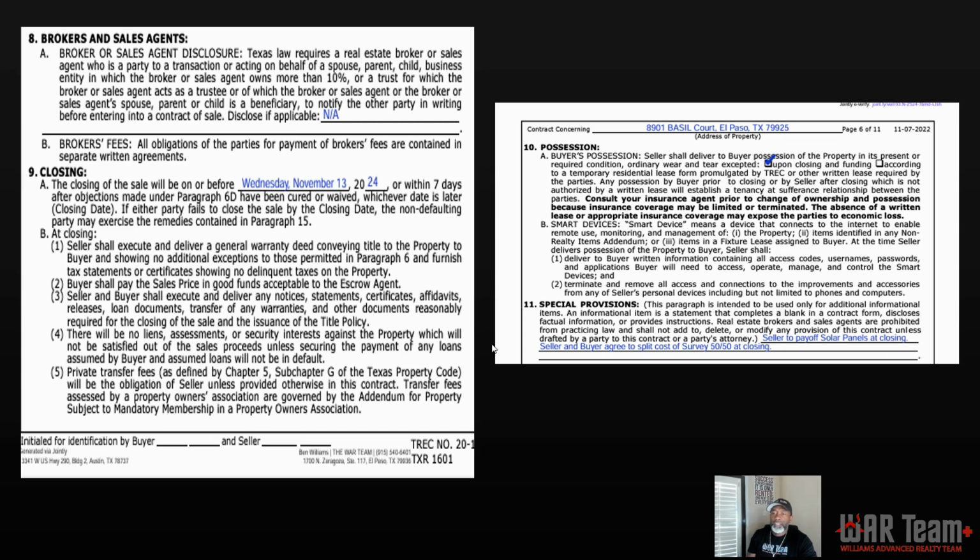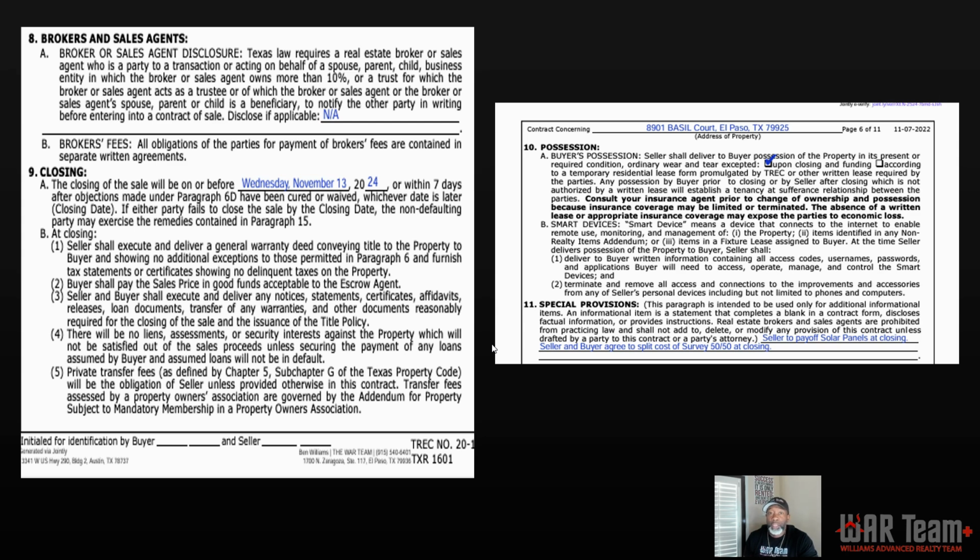Section 10, possession. Pretty simple. Usually at the time of closing and funding, there are two different things going on. Closing is one thing and funding is another thing. That's when a buyer can take possession. The other option is the buyer can take possession based on what a temporary lease says. The lease can be on a Texas real estate form, or it can be on any form that they really have in place at that time.